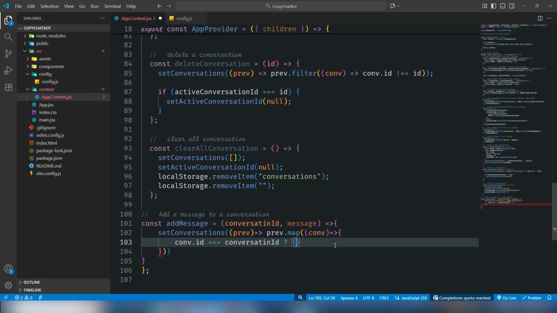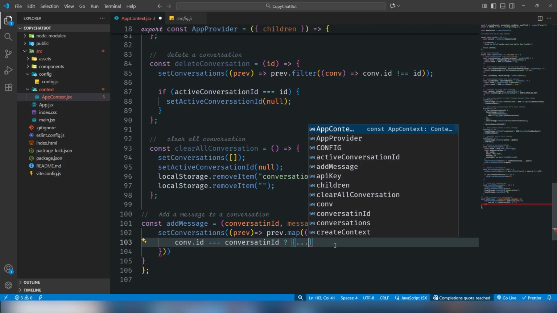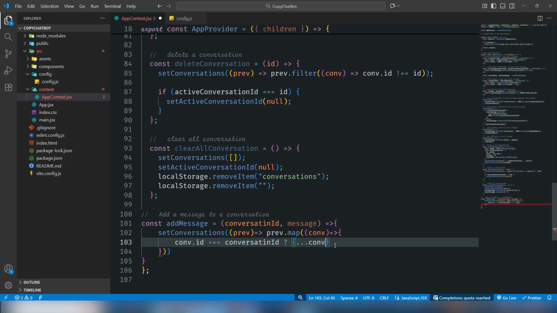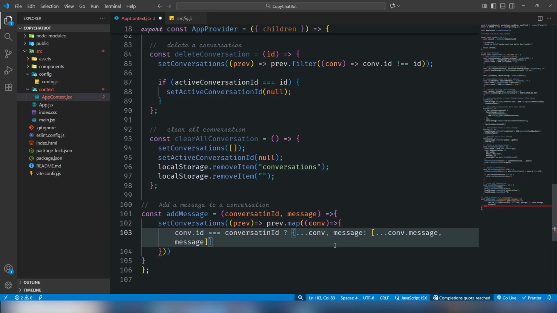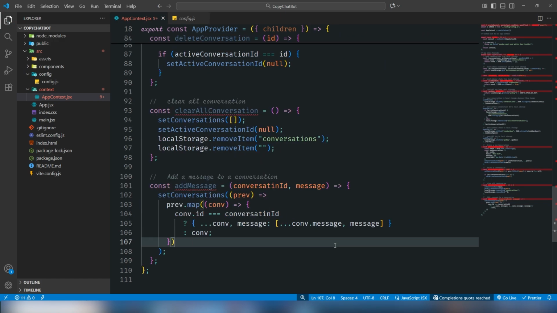Then I would say make a copy of the con and assign the message value should be con.message and also the message. Otherwise I need to return only the con. Alright,